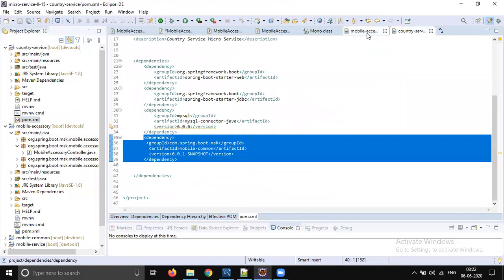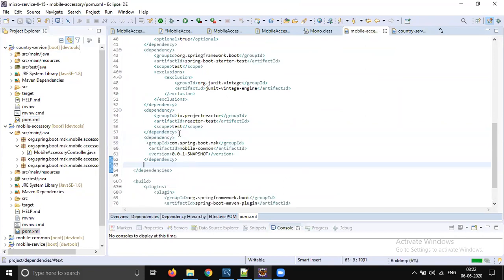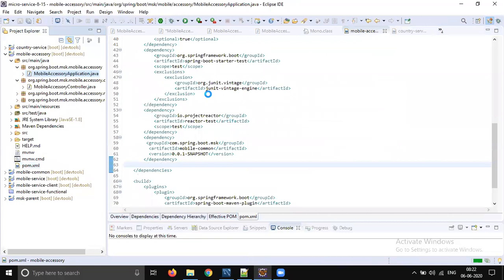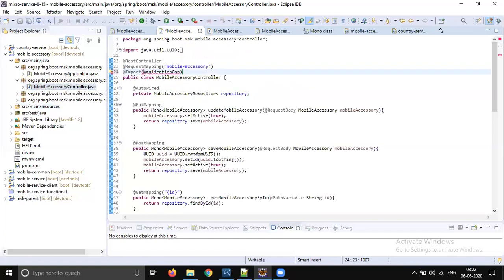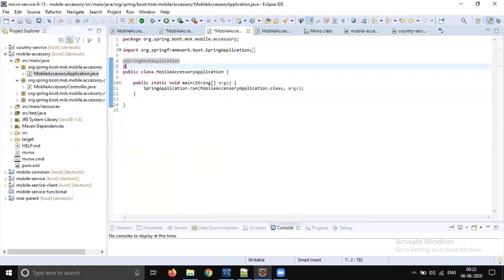Go to the accessory pom.xml file, add the dependency and just go to the application class. Okay, I think I'm trying to import that in the controller. Let's not do that. Let's go to the application class and